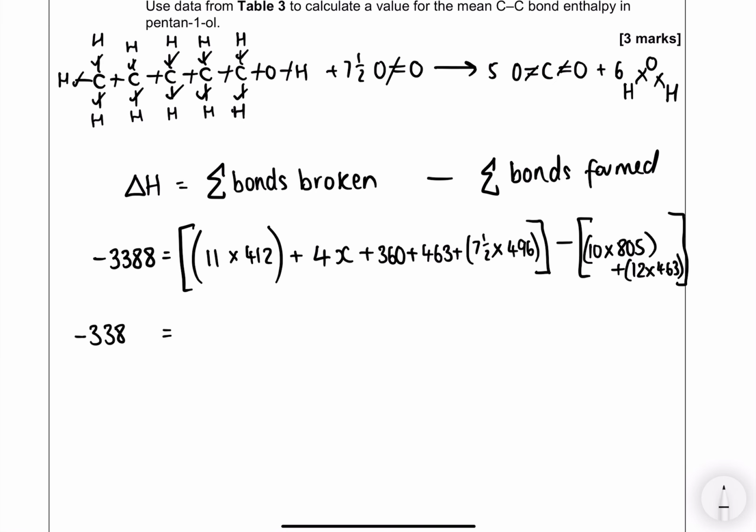Minus 3388 equals, so on a calculator, 11 times 412 plus 360 plus 463 plus 7.5 times 496. So we've got 9075 plus 4x minus, let's add up the other bracket, 10 lots of 805 and 12 lots of 463,